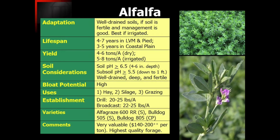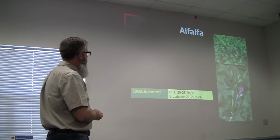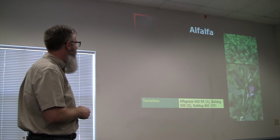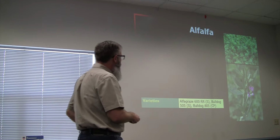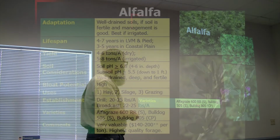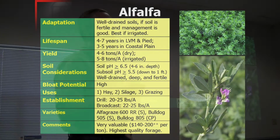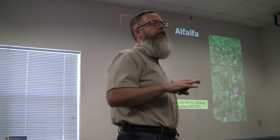And if we're widening out our row spacing and going to maybe a 15-inch row spacing, we'll be able to drop this down. But just suffice it to say, for the moment, that's kind of the seeding rates that you're looking at. And these are the three varieties that I mentioned. Alpha Gray's 600RR would be our Roundup Ready variety that would be very well suited to our area of the state. Bulldog 505 is also planted statewide, and then Bulldog 805 is really more exclusively here in South Georgia where